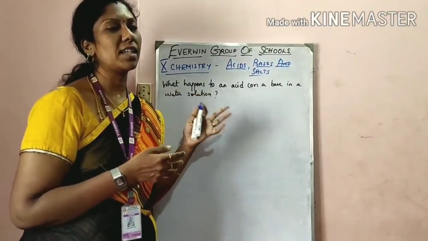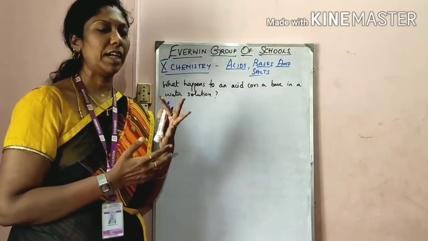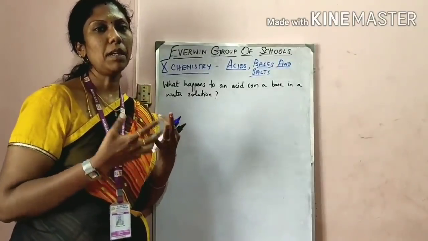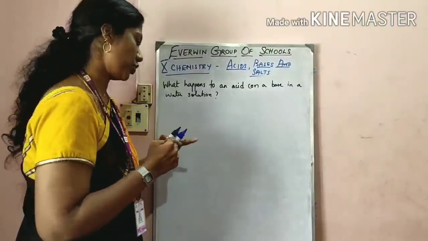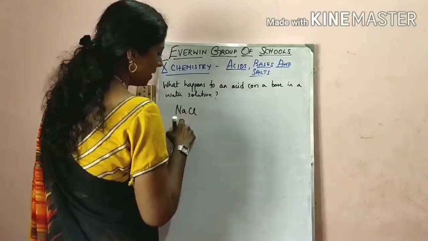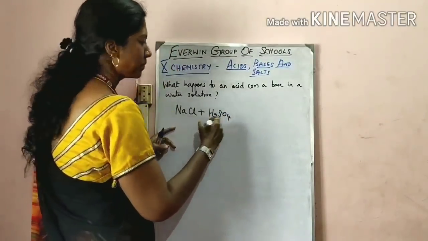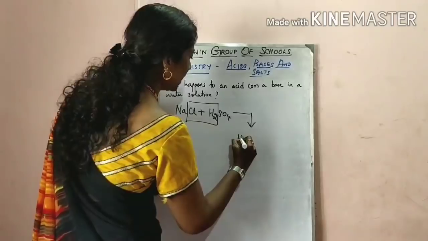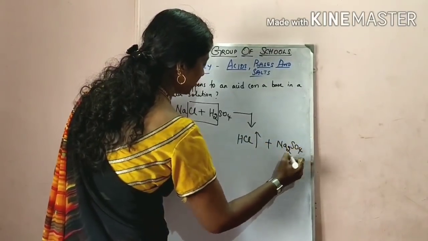So what was the question asked in the activity? The hydrochloric gas which is coming out, when treated with dry litmus paper and wet litmus paper, which one shows a color change? We have taken sodium chloride and made it react with sulfuric acid. And what happens is we will get HCl gas plus the sodium sulfate.